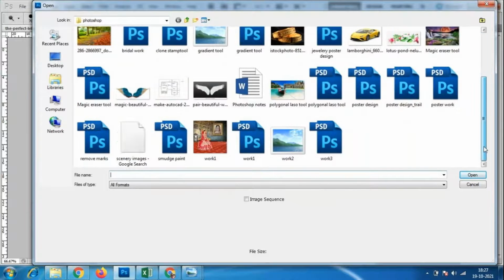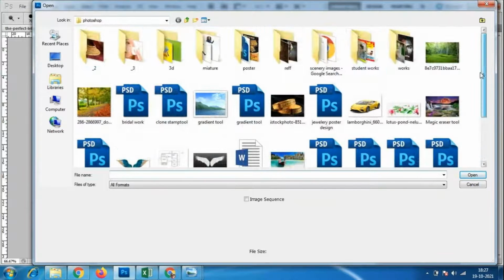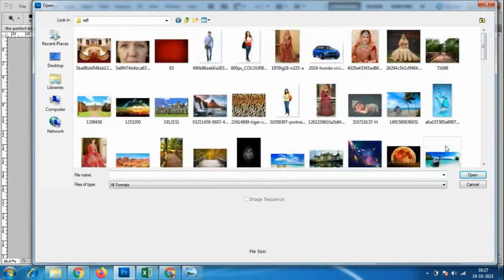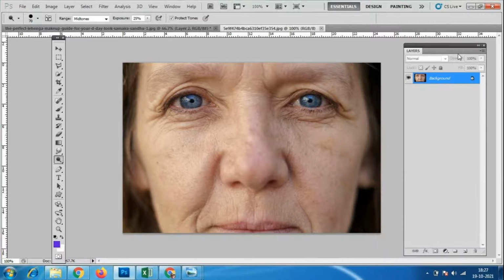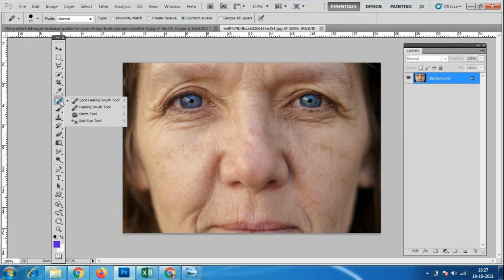So I'll go for the reference for today's class. I'll take this image. Why have I taken this image? After the bridal image, why is ma'am taking this kind of image? Today's class we are going to remove the pimples on the face, and we have to remove the marks on the face.